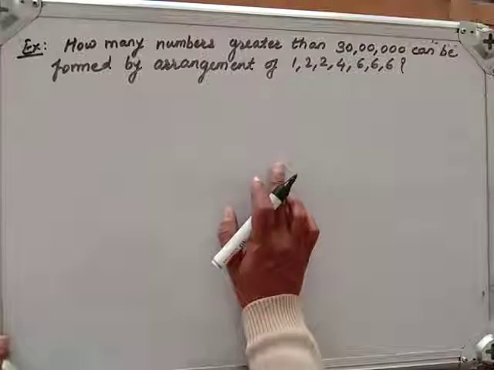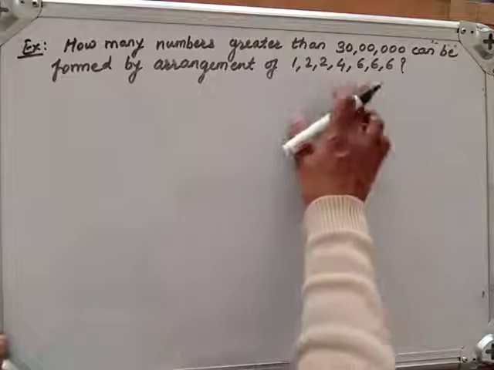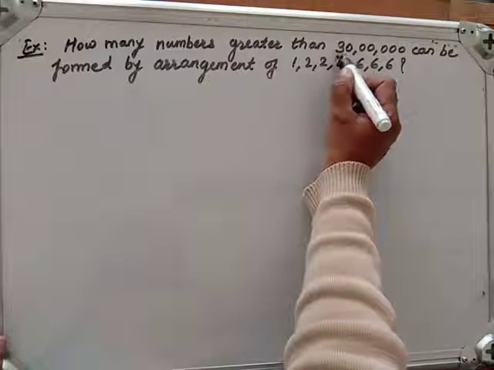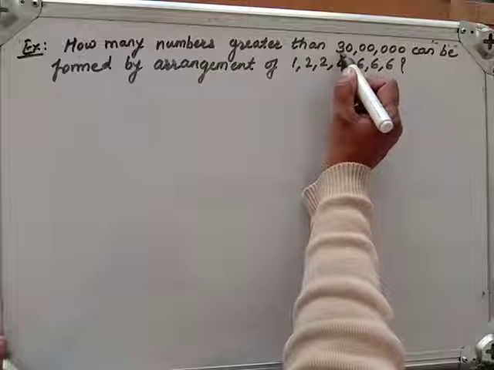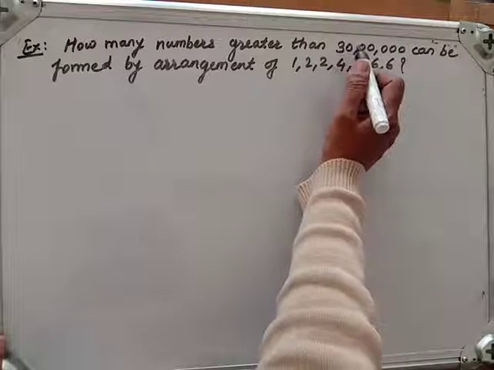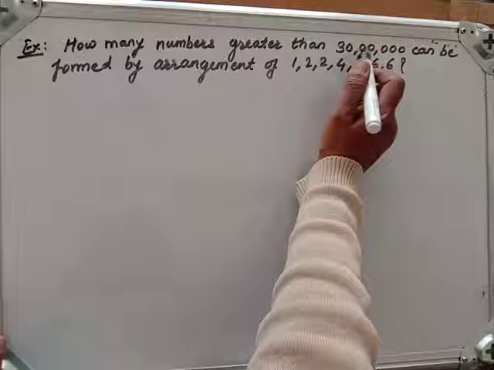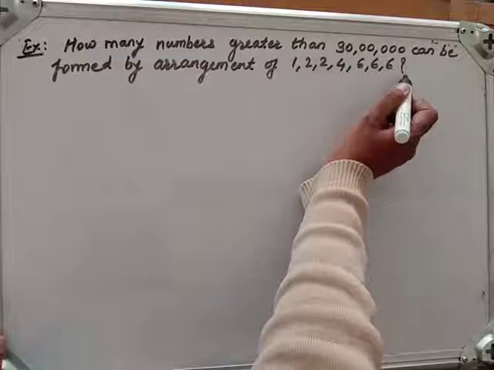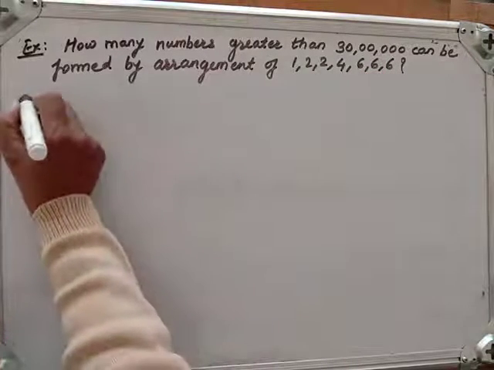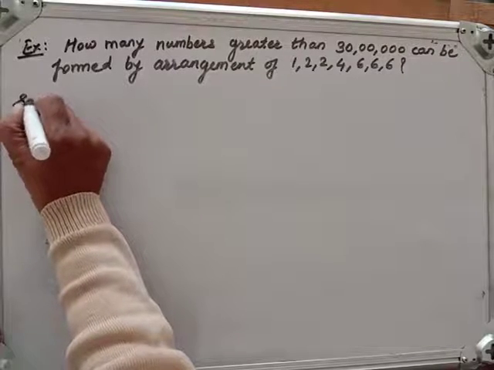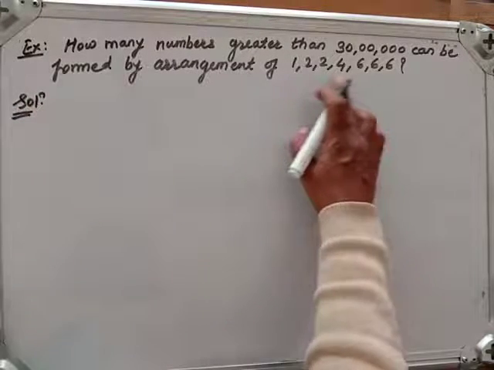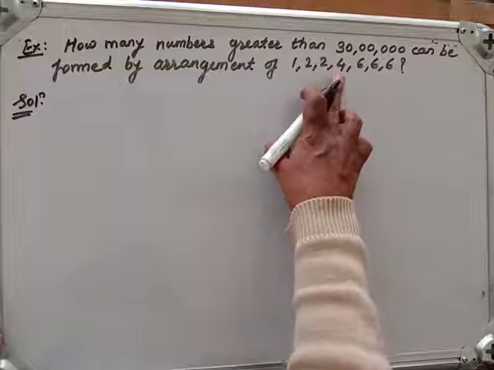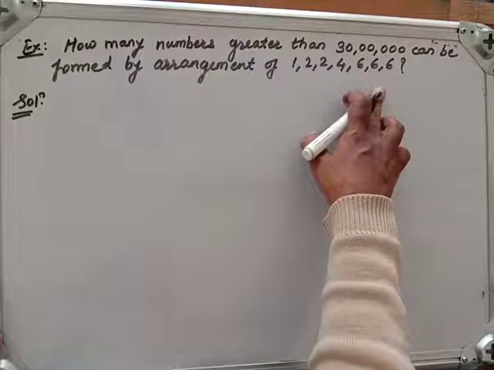So now as we have to arrange these numbers as such, the number should be greater than this 30 lakh. So here greater than 30 lakh means obviously this 3 will be what? The number is greater than 30 lakh, so we should put 4 and 6 in the leftmost position. So first of all let me write the solution. Either 4 or 6, so mutually exclusive cases are these. So let us do a case for 4 and a case for 6 separately.